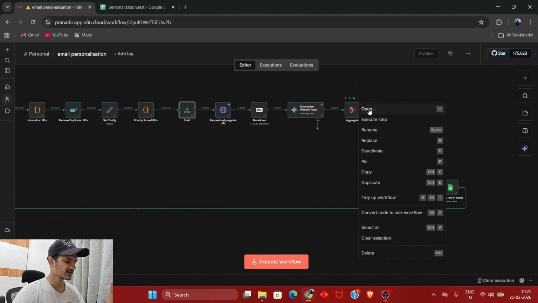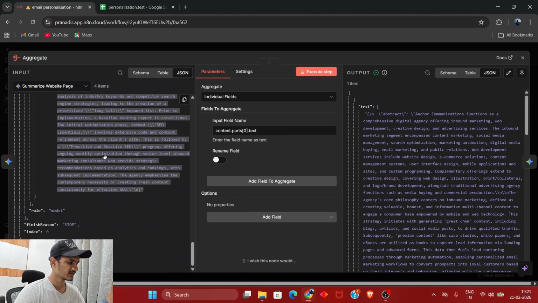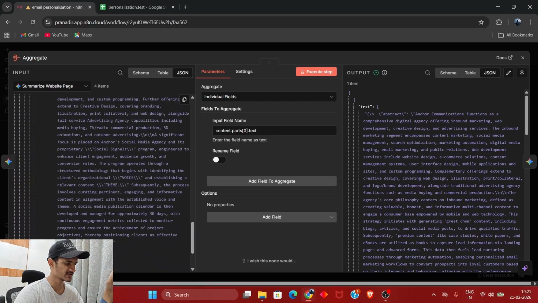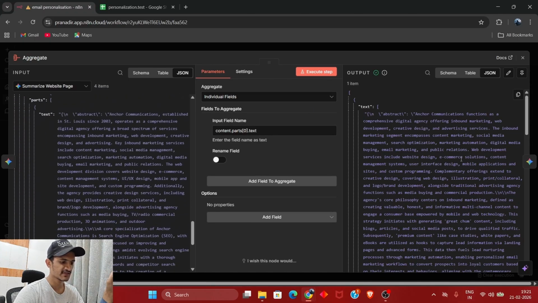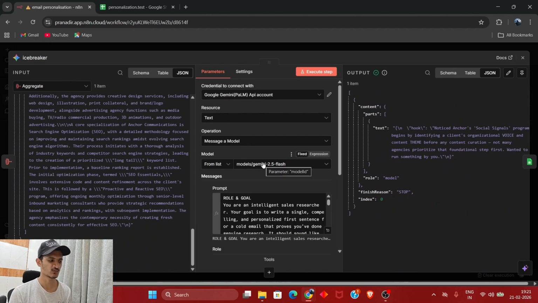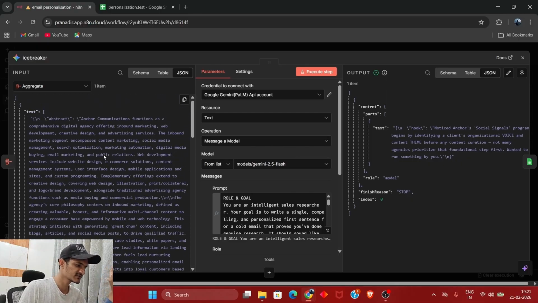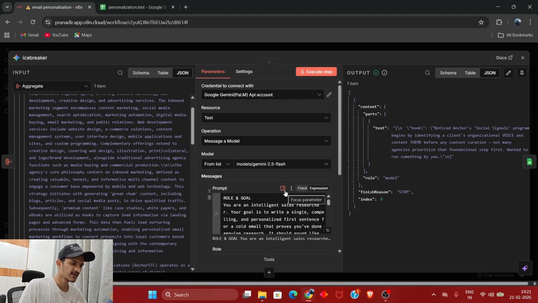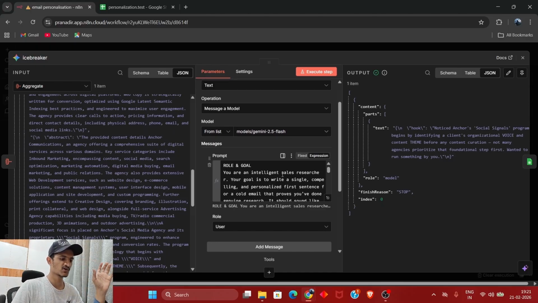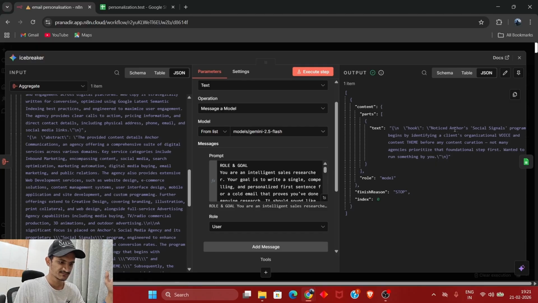Then all this summarized data is going to be aggregated as a single output. As you can see here, it is going to output this separately before the agent. Now because of this aggregator, all of this has been combined. Now this is the icebreaker agent. What this agent does is it is going to take all this aggregated data from each of those links, and based on the data, it is going to understand it and create a very high quality icebreaker. As if you read here,